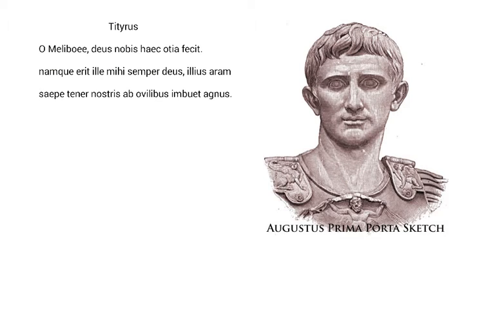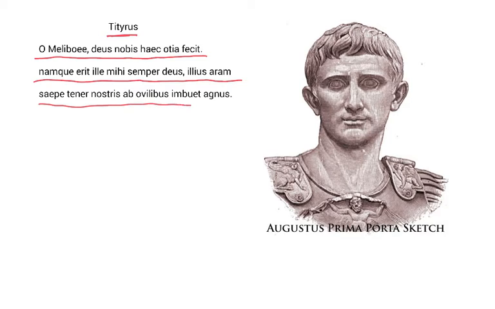Here, for the first time now, Tityrus, the second shepherd, replies to his friend Meliboeus. O Meliboee, deus nobis haec otia fecit, namque erit ille mihi semper deus, illius aram saepe tener nostris ab ovilibus